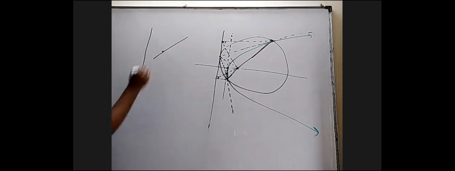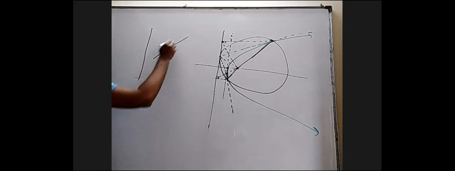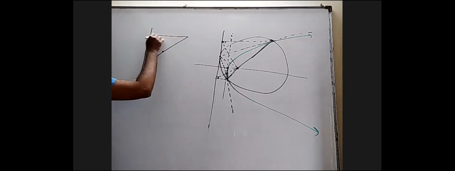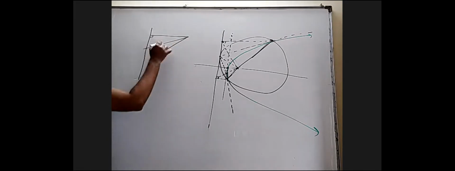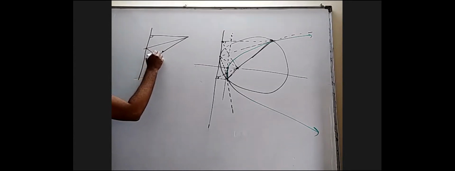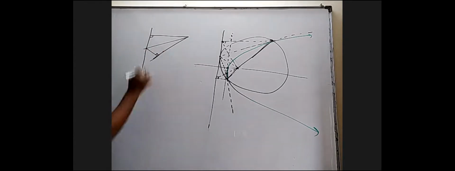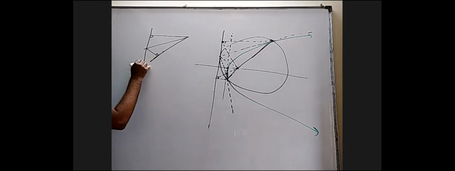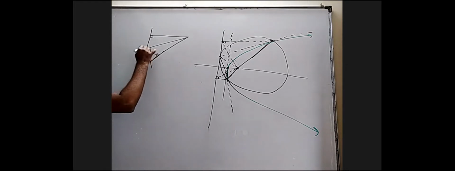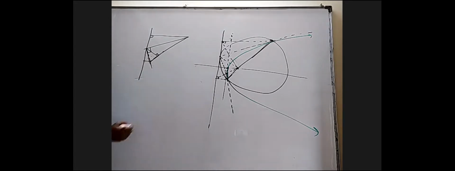Took a particular point and take its foot. I should draw a line where this and this are image of each other. Okay, and then it should be like this. This should be 90. This and this should be image of each other. Not only that, I should have similar kind of thing here. I should draw one more thing where this and this are perpendicular lines, and this part and this part are mirror image of each other.